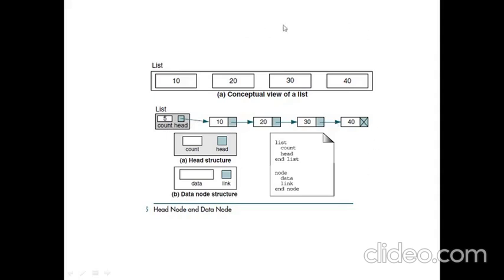If you look at the actual memory, you will find this node somewhere at the top, this node somewhere in the middle, this node may be somewhere in the bottom. So physically they are not in any particular order, but we just create a connection between them with the help of the link pointer. So this link pointer is what makes them appear like a single link starting from the head to the last node. So this is how the linked list is going to be created.